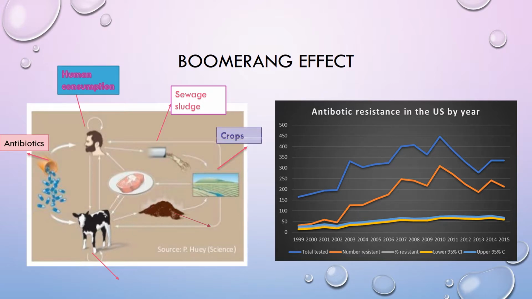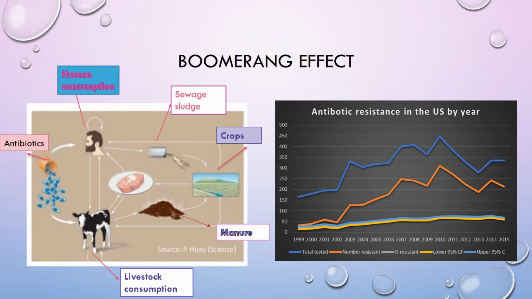And then it makes its way onto the lush green farm to help fertilize our crops and back onto our plate somehow, some way. And then it can also be consumed through livestock, and either directly back on the plate, on that big juicy steak, or through the manure of the livestock itself back to our crops. So think about that as we finish up this presentation on how easy it is for it to come back to us.